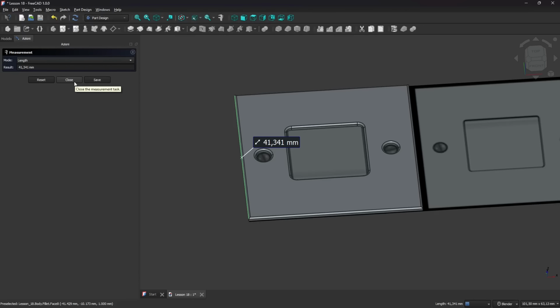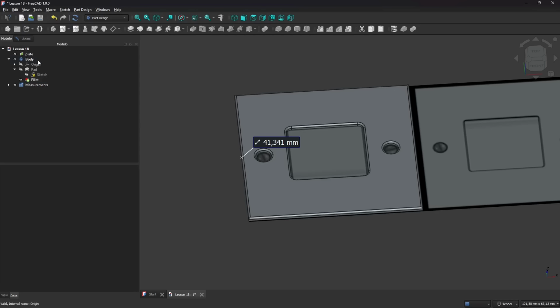You can close without saving, or you can save it. If you save it, let me show you. If you go here in the hierarchy, you can see that you're going to have an extra folder, and you're going to see here the length, so you can turn this on and off anytime, the whole group or just the specific